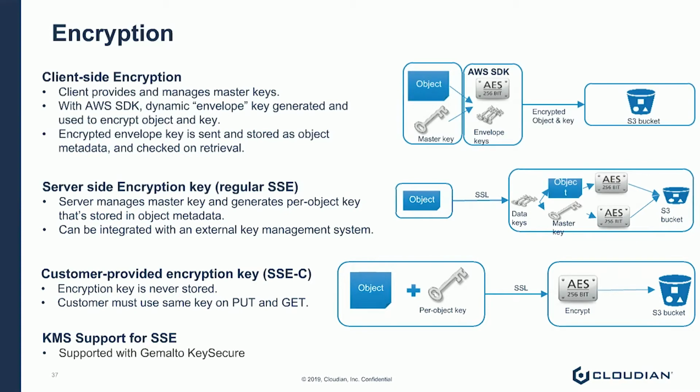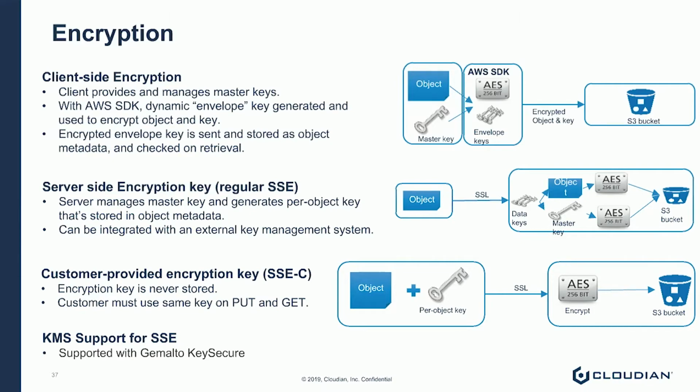actually having the data land on us in an encrypted format. If we're talking about things like Rubrik-type workloads, Rubrik will actually do the encryption, and then the data will land on us in an encrypted format already. Or we could do server-side encryption, or server-side encryption with customer-provided encryption keys, in line with the AWS S3 implementation of this feature. So we do it the same way Amazon does. And also we support key management systems such as KeySecure and AWS KMS for additional wraparound auditing capability and functionality